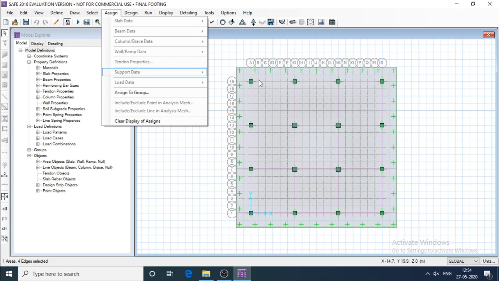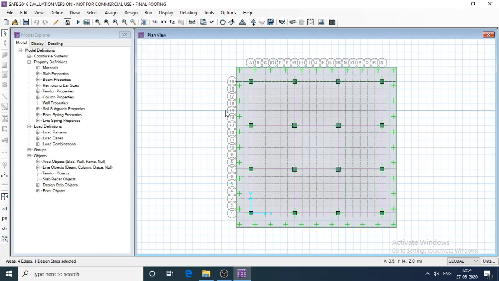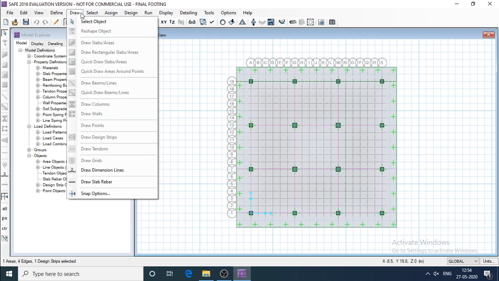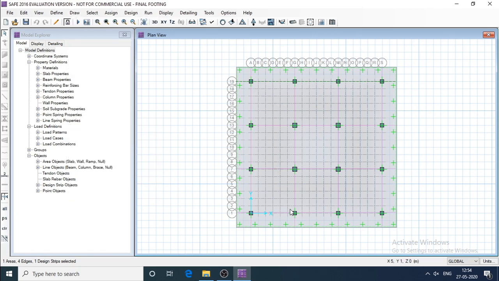After assigning the soil property, we draw the strip lines. The strip lines were drawn using design strips. The draw design strip option was used for designing the strip line. 4 strip lines were designed in this direction and 4 in this direction, passing through the center of the columns.